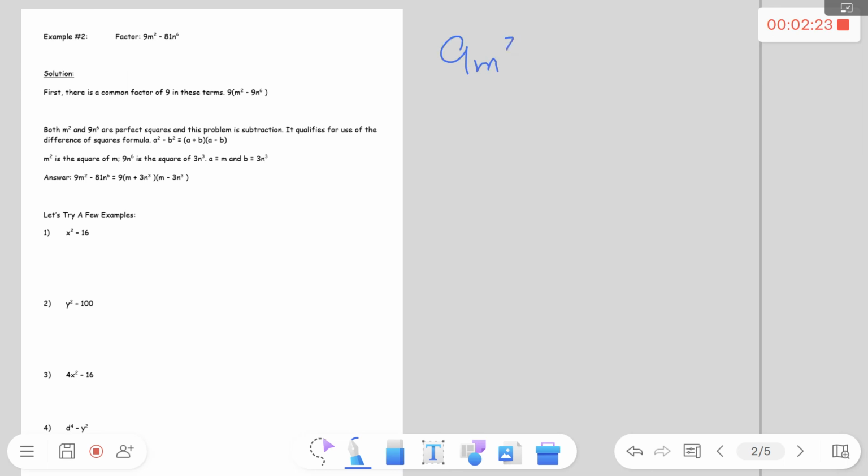The function is going to be 9m squared minus 81n to the 6th. This is also the difference of perfect squares. Now you'll notice that both of them have a 9 in common. If you didn't see that, you could just pull it out later. But I'm going to pull a 9 out. I'm going to GCF the 9 out. M squared minus 9n to the 6th. That is a difference of perfect squares. Nothing happens to that 9. I'm left with m plus 3n to the 3rd times m